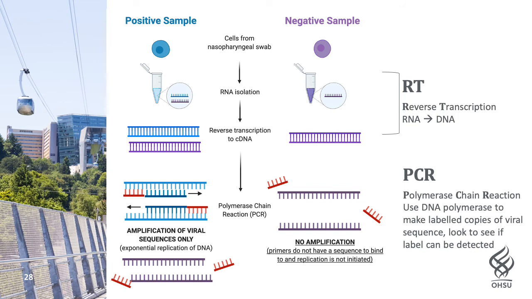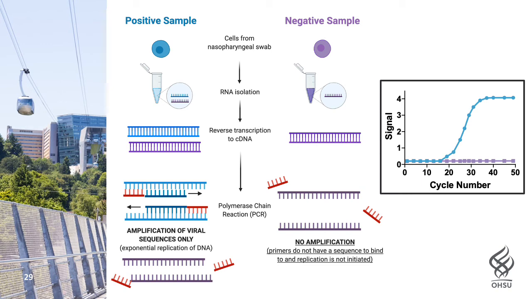We want a way to just identify the genetic material that belongs to the virus, and the PCR component of this reaction allows us to do this, though it only works with DNA. So, the next step is to use reverse transcription, RT, to make a DNA copy of the isolated RNA. Then, we can use molecular tools to label and amplify the sections of DNA that match the known COVID-19 viral sequence.